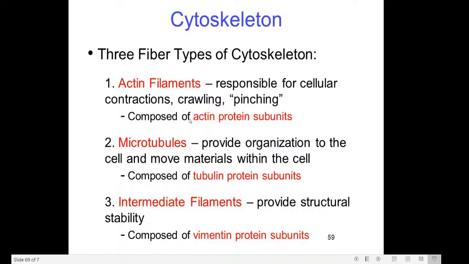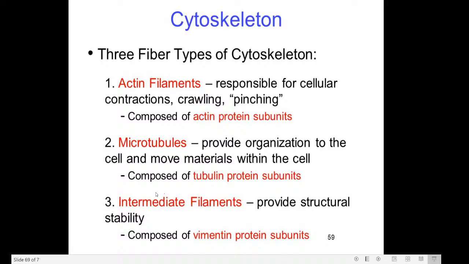Each function: the actin filament is composed of actin protein subunits, responsible for cellular contraction, crawling and pinching. Then microtubules provide organization to the cell and move material within the cell. That needs the movement of ions and proteins between the organelles, right? So that needs the tubulin